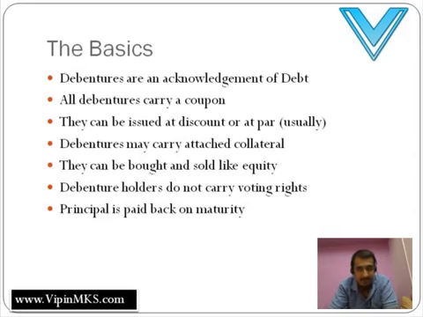When a company issues a debenture, you call it just a debenture, but when the government issues this, you call it a bond. Either way, they're just the same. They are a loan which they take from the public. Debentures carry a coupon. Once upon a time, you had a debenture certificate which had coupons that were printed on it.